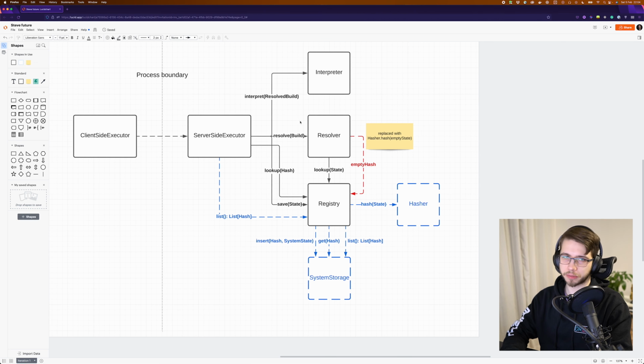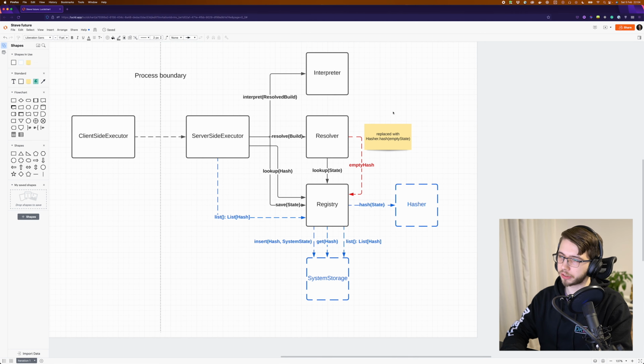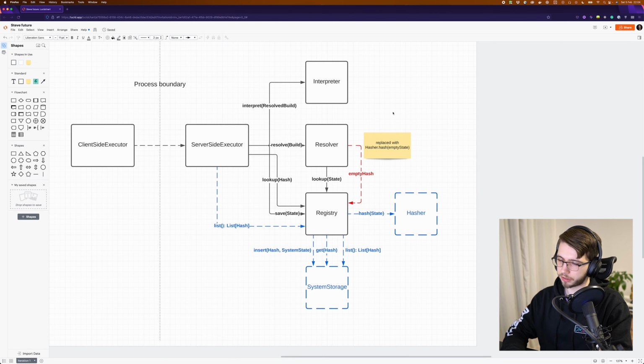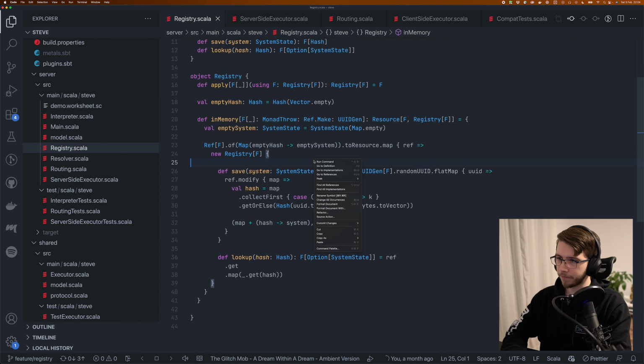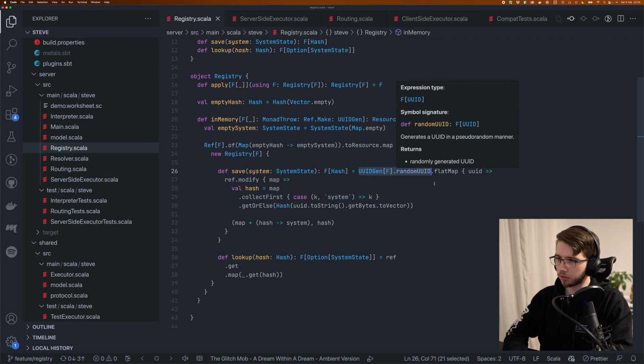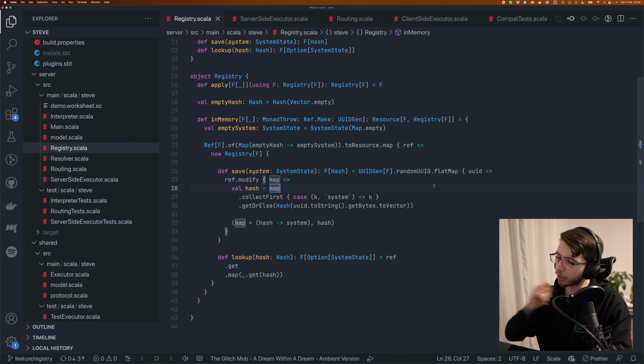Postgres would have been nice, because for Postgres we have non-blocking libraries. For SQLite, I'm not so sure. Anyway, this is the technology choice that we shouldn't have to make right now. So one of the responsibilities of this module is the storage backend, currently a ref. Then we also have generation of the hashes, which are not really hashes right now. This is just a UID, and also talking to the storage